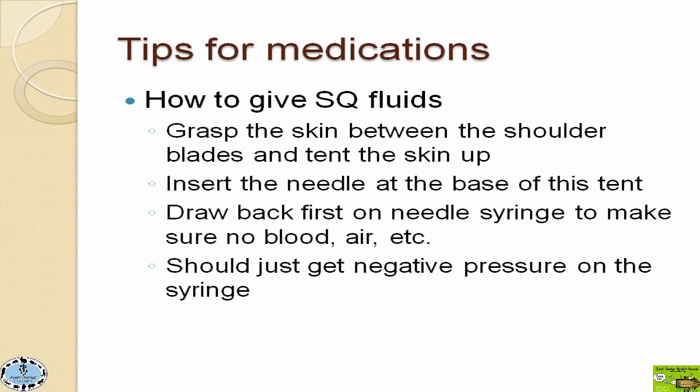Okay, so subcutaneous fluids or subcutaneous injections. If you remember back to that picture of the cat, the only cat picture in this lecture, how the guy was pinching that skin up between the shoulder blades, that's the exact same spot you're going to be going. You're reaching between those shoulder blades and pinching that extra fur up in that region. You then make it essentially like a little tent. And what you'll do is at the base of the tent, right at the bottom,